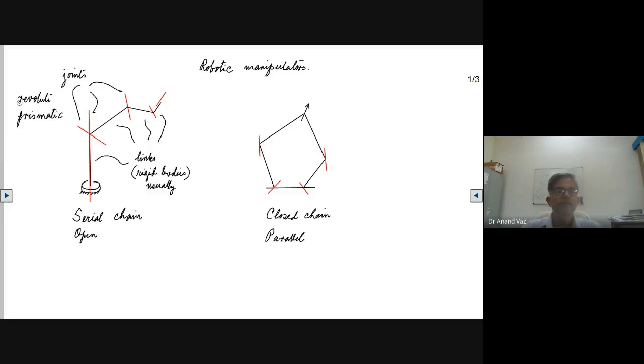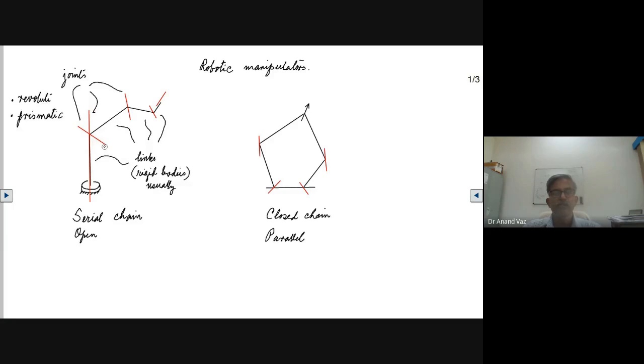So we may have different categories of joints, using a combination of revolute and prismatic. So we may have a spherical joint. Different kinds of joints are possible. So we have links, which are usually rigid bodies. We have joints, and